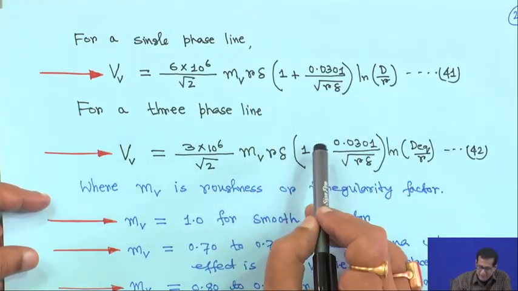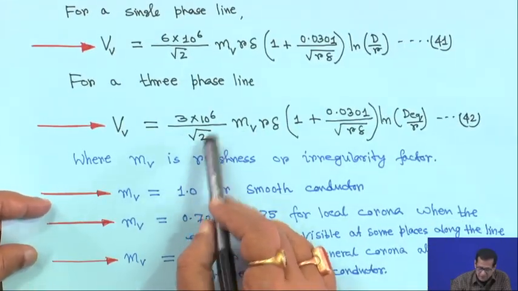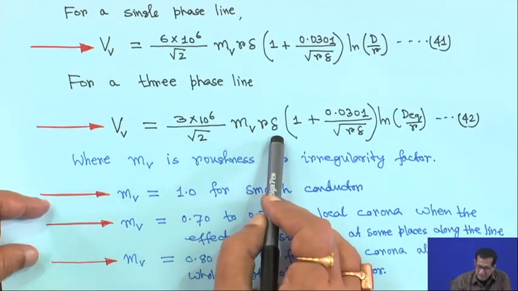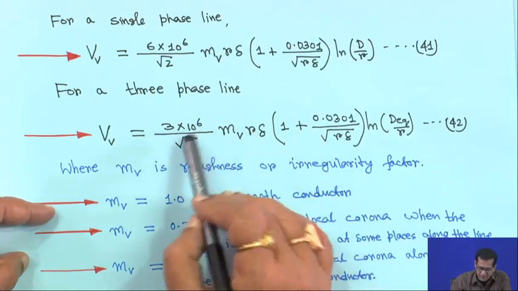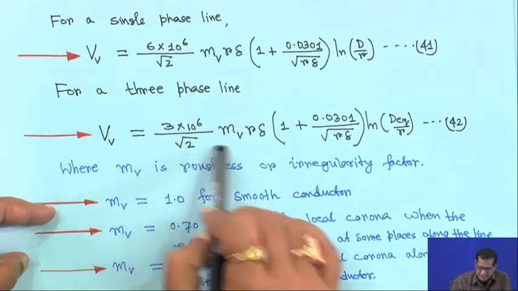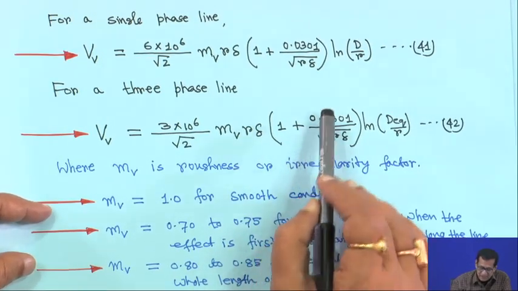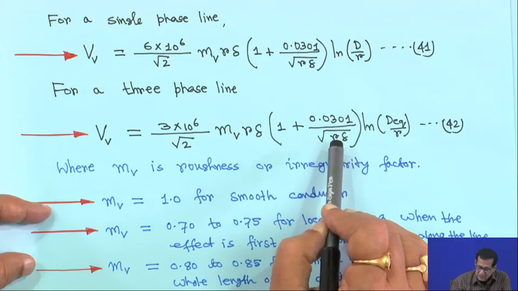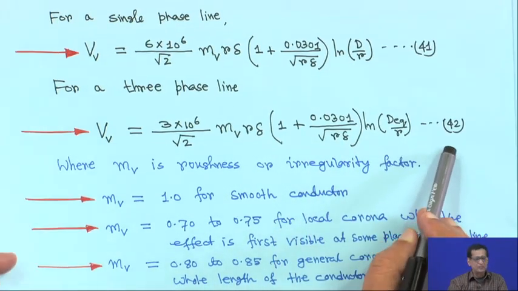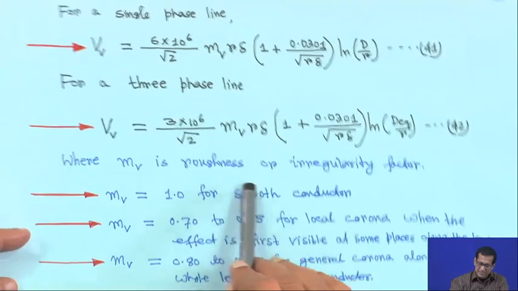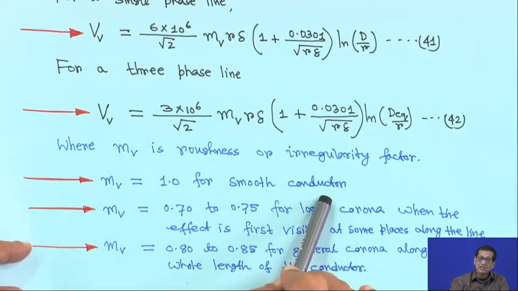Similarly, for a 3 phase line, it will be 3 into 10 to the power 6 over root 2, m b r delta, 1 plus 0.0301 divided by root of r delta, ln d q upon r. Only this term is changing, the rest are the same; instead of 6 here it is 3. This is equation 42, right. Where m b is the roughness or irregularity factor, for this case m b is equal to 1 for a smooth conductor,